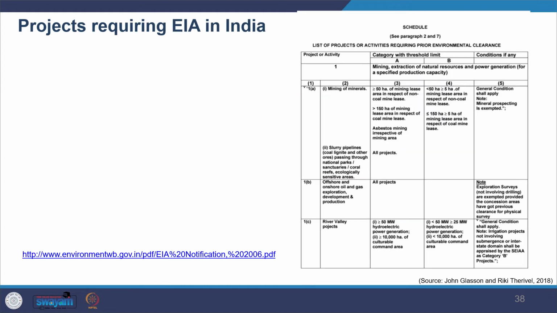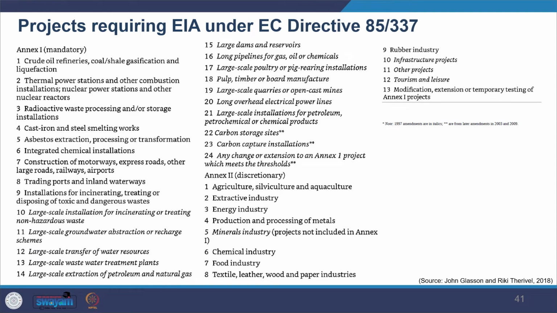Like we do in India, we have a list with category A and B, and you can see how in each range of projects the scale is also given, and for which projects we might do the screening. All those are given. Likewise, the European Commission EIA directive provides a list of projects in its schedule that always require full assessment because of their scale and kind of environmental impacts. So you can see here what ranges have been given.